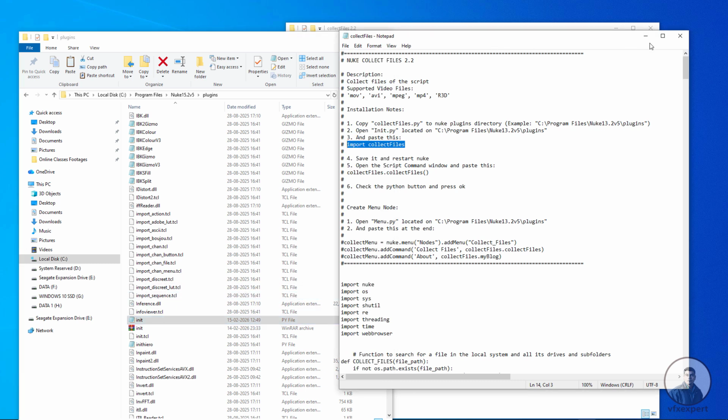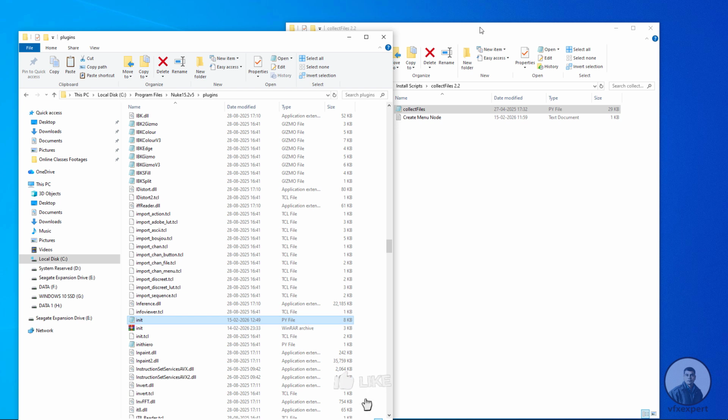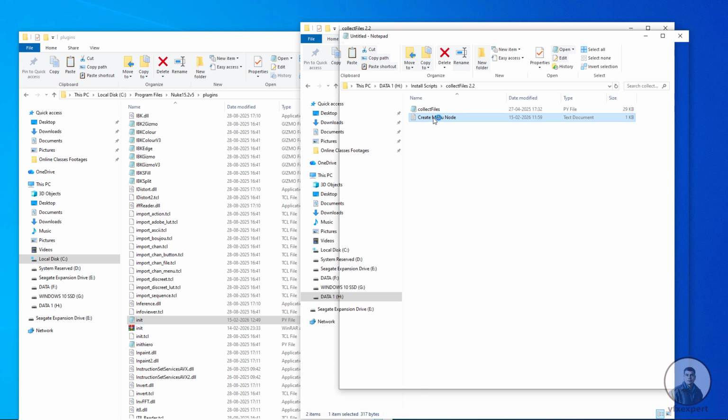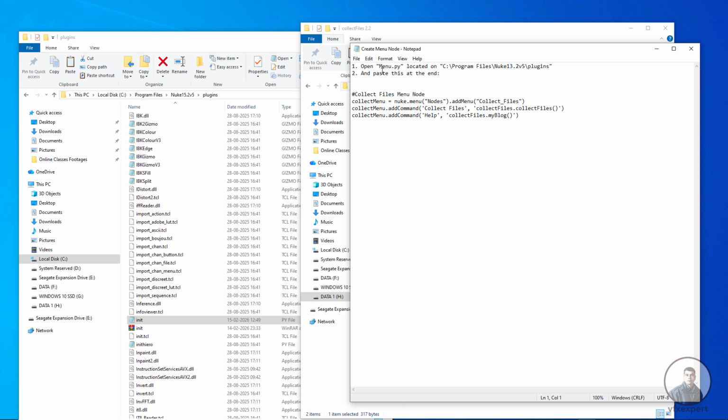For this, we have to open this create menu notepad file. The file link you will get inside the video description. Simply open this one so that you can see these instructions for creating a menu. Simply we have to copy these 4 lines,